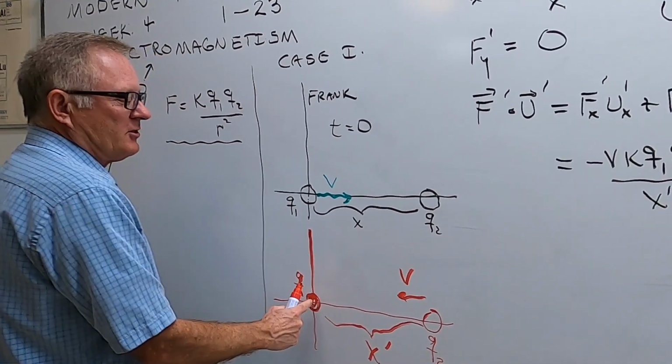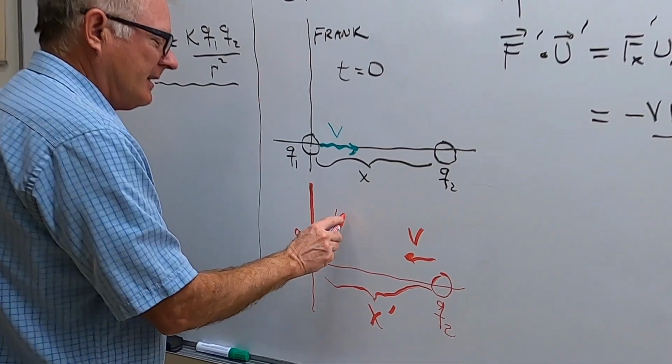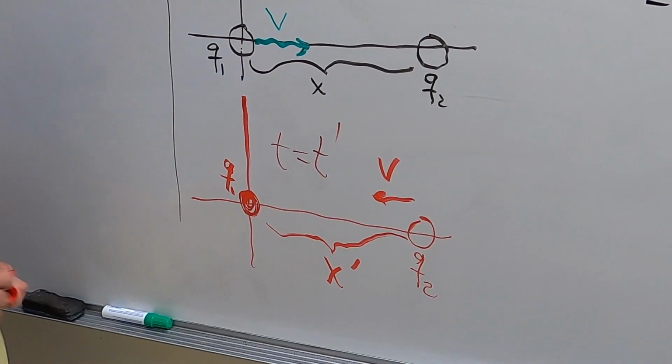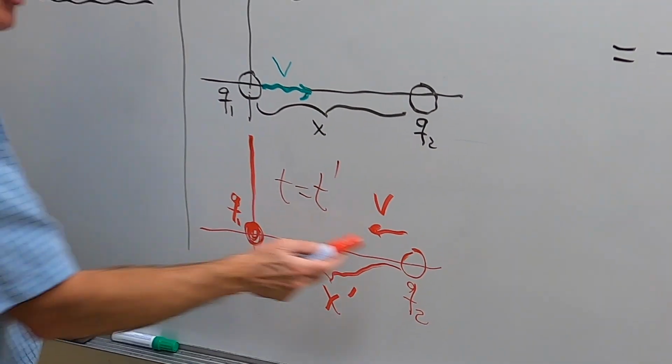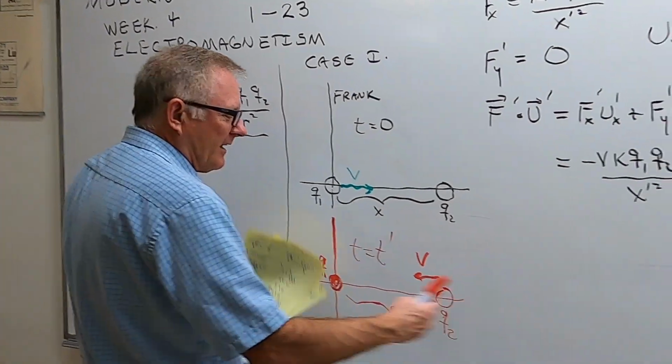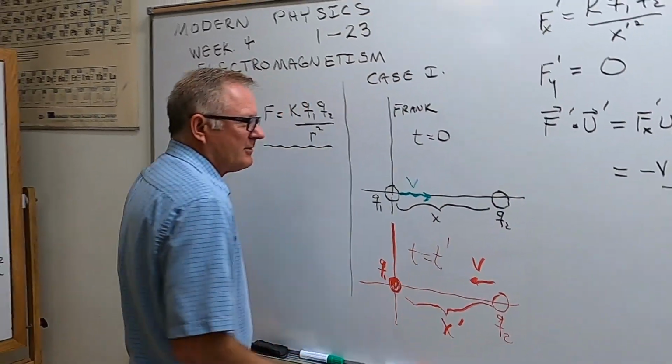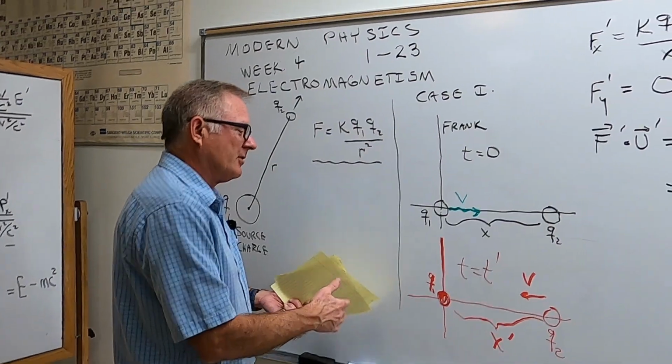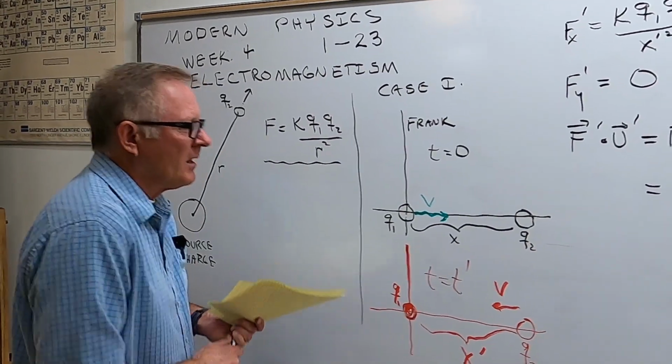So she'll measure this one at t prime. So this is at t equals t prime. But she has to measure both of these two at the same time because they're moving and you won't get the right distance if you measure their positions at different times. Okay,